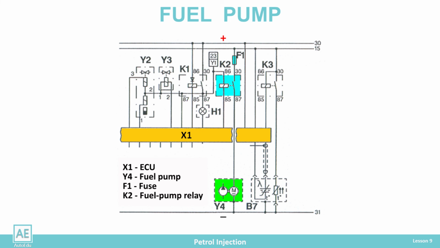The electronic engine control unit controls the operation of the pump via the pump relay. The power supply is provided via the fuel pump fuse and relay. When it is necessary to check the pump and fuel supply system without starting the engine, then remove the pump relay and short-circuit terminals 30 and 87 on the relay board. Thus, the pump is activated without the engine running.